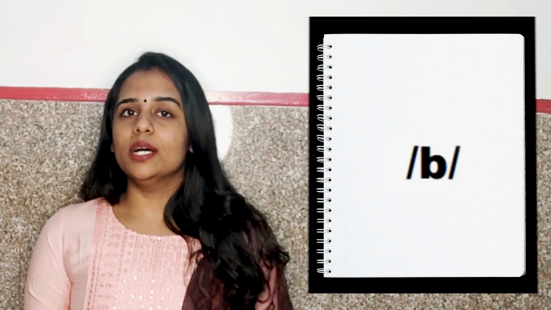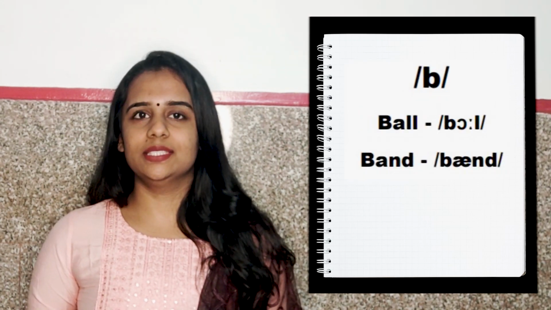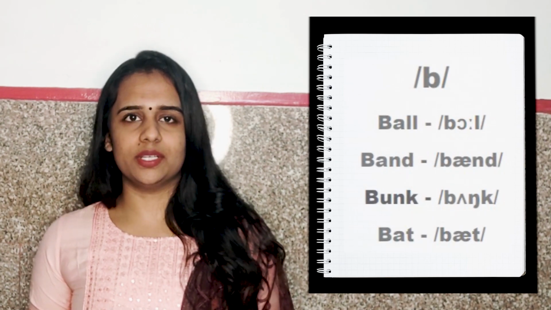So the consonant sounds are the easiest sounds to learn in phonetics, but there are some 5-6 symbols which are different. So you have to make a note, and just make sure that you write all the consonant sounds and keep one word as an example, so that whenever you are referring to it, it will be easy. So our first consonant sound is B. And the words which make use of the B sound are ball, band, bun, bat, all these words.